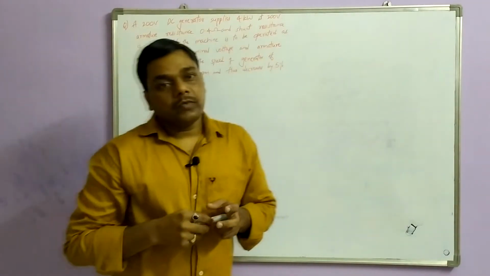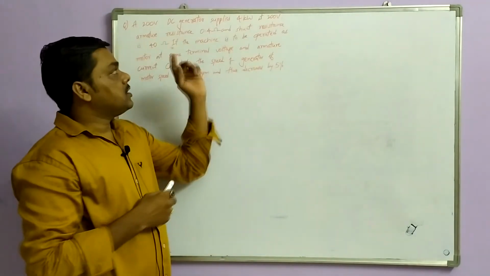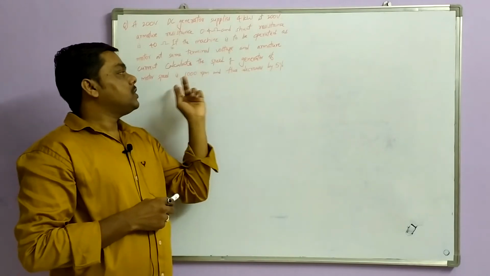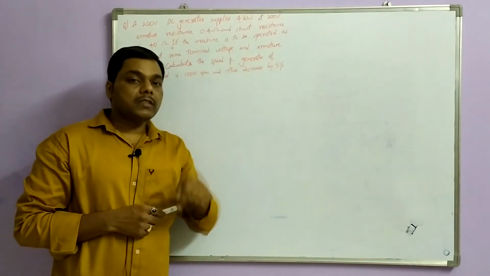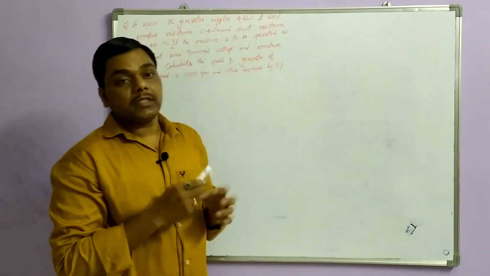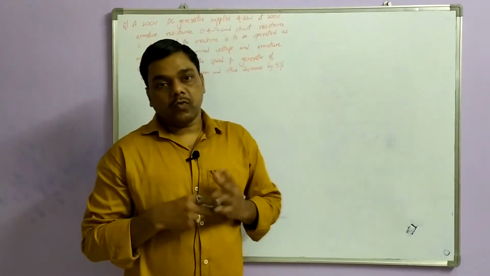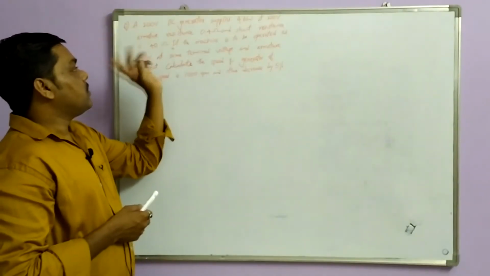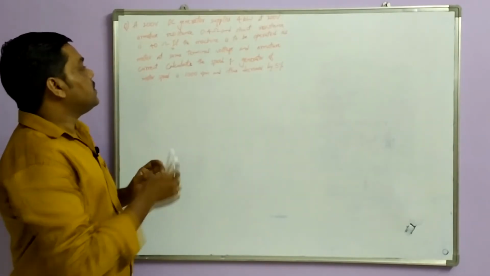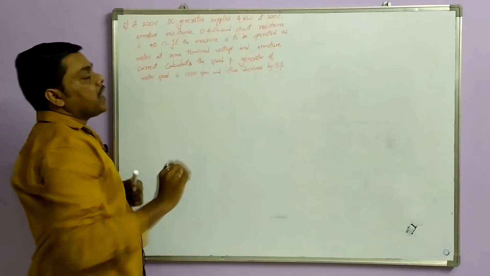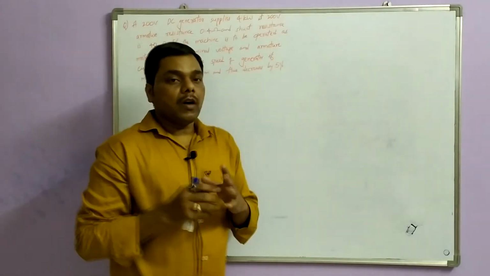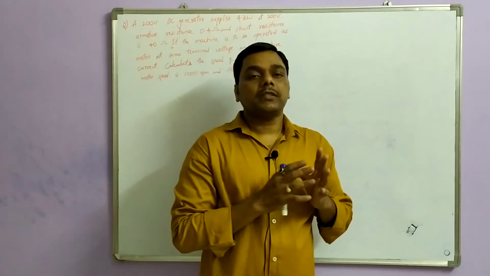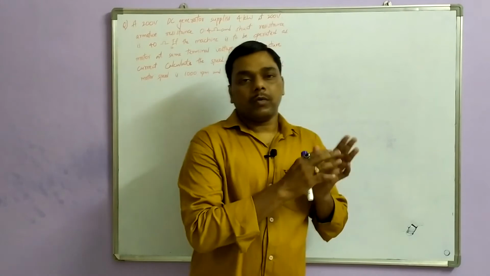Now in this problem, a DC machine acts as a generator as well as a motor. If the motor speed is 1000 rpm and the flux decreases by 5%, we know that if flux decreases, speed will increase. So flux and speed are inversely proportional, and armature resistance and field resistance are given. The condition is the same terminal voltage and armature current. So the armature current delivered from the armature for motor and generator will be the same. The direction will be different for motor and generator.